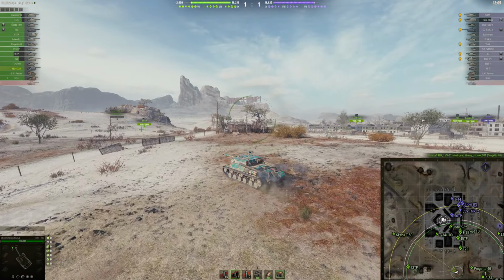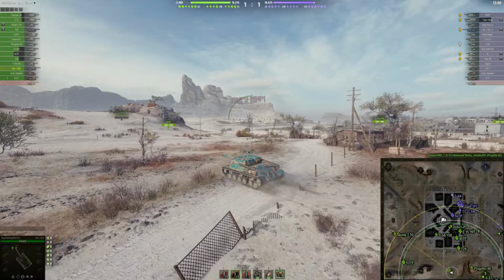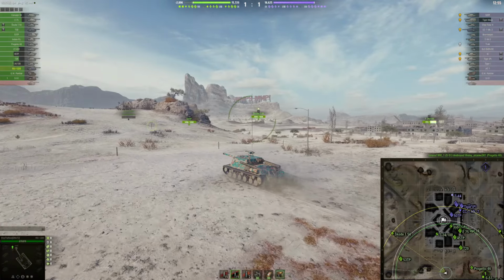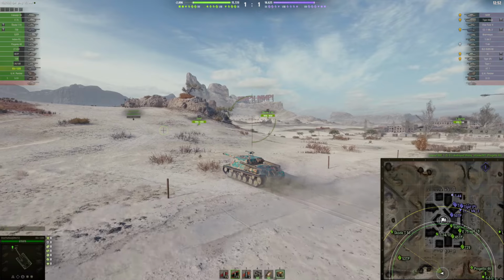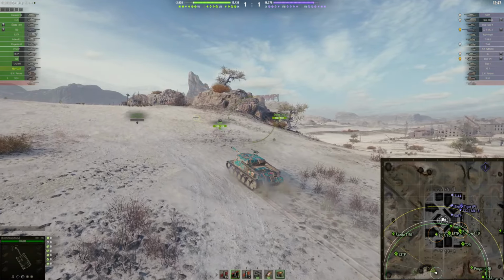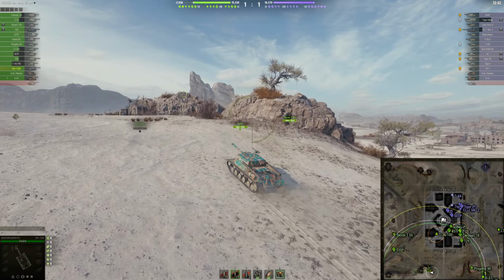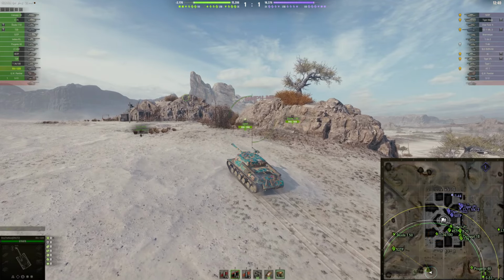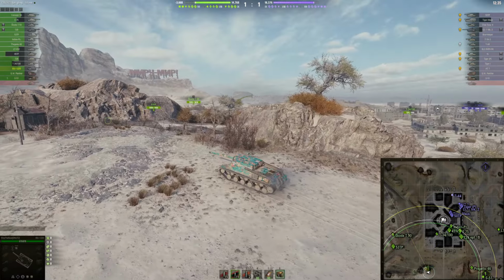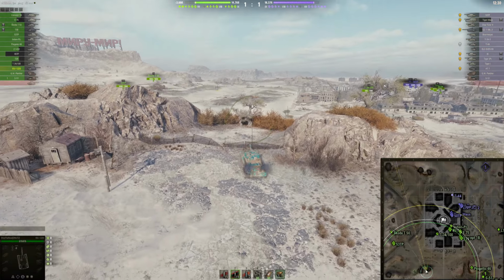If a tank has a high DPM, it also needs to have something else, because, once again, let's go back to the AMX-30B situation. That tank has basically the third best DPM in the game, but the gun handling, the penetration, the shell velocity, everything divides it basically in half, because it is so hard to put that DPM into use unless you are up to 50 meters away from a tank that doesn't have the best armor in World of Tanks, right? So I was a little bit skeptical because once again I did not remember anything about this tank,